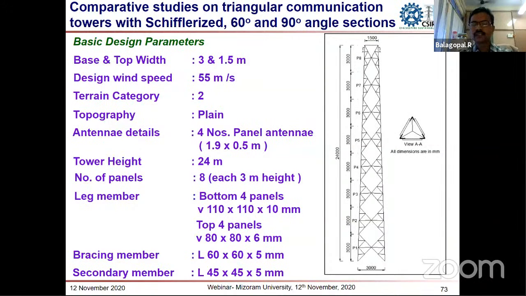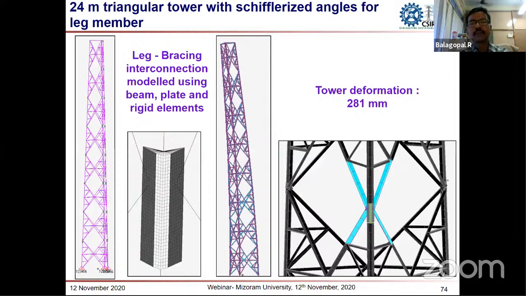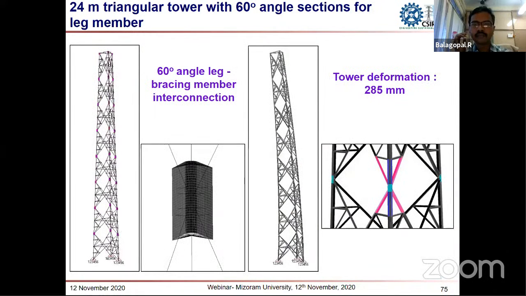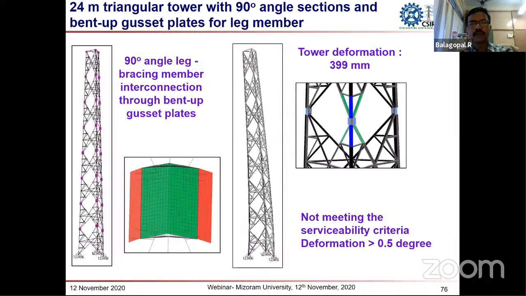Apart from this, this is an analytical comparison of a communication tower made of 90-degree angle sections, schifflerized angle sections, and 60-degree angle sections. These are the design parameters we have assumed. We have taken a 24-meter high triangular communication tower. And this is the FE modeling of the tower made of 90-degree angle sections. And this is the FE model of the tower where the leg members are made of 60-degree angle sections. And this is the FE model of the tower where